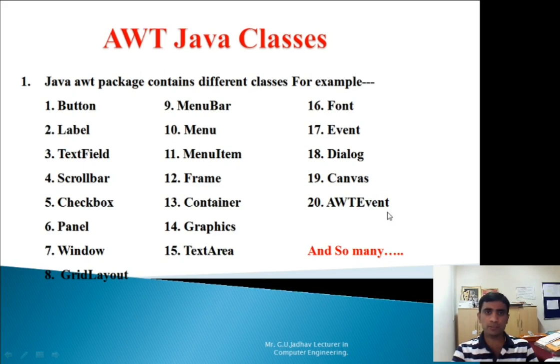So this package has a number of classes. I have mentioned some of the classes in this slide, but you can verify the number of classes in the AWT package, and we are going to learn that day by day, session by session. We are going to use these classes.